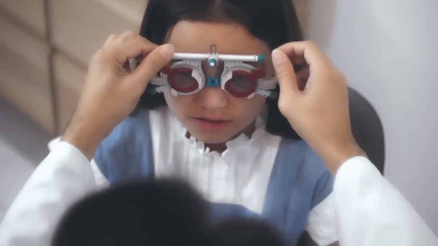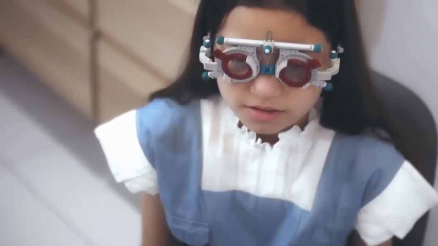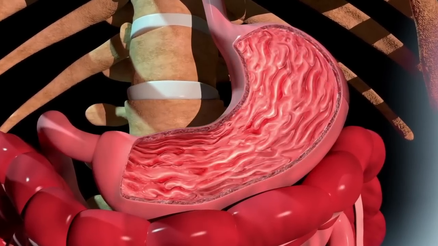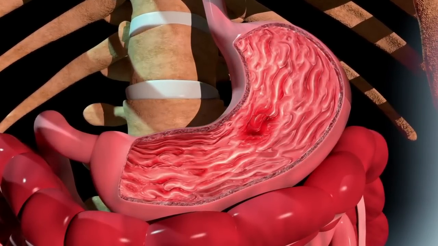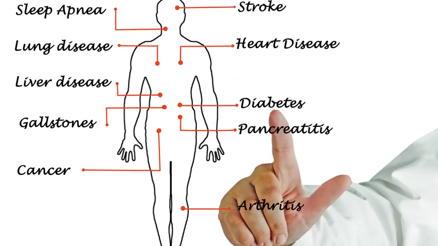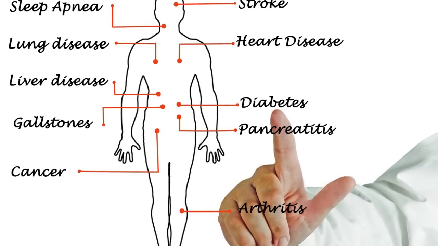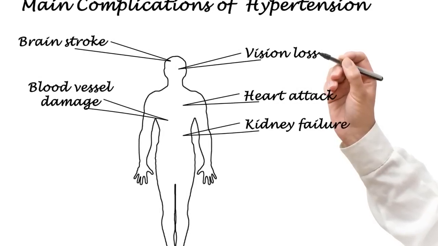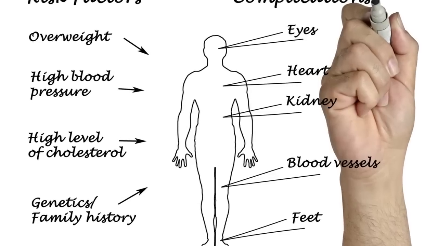In some cases, SCD can cause damage to the blood vessels in the eyes, leading to vision problems. 7. Ulcers. SCD can cause painful ulcers, particularly in the legs and feet, which may be slow to heal. 8. Increased risk of complications. Individuals with SCD have an increased risk of complications such as stroke, acute chest syndrome, a condition similar to pneumonia,